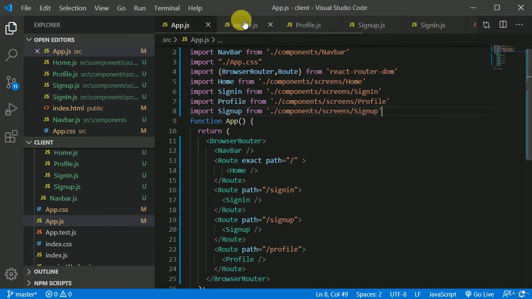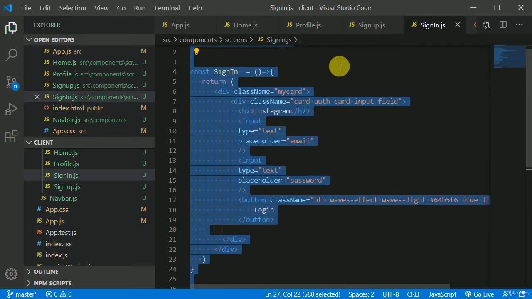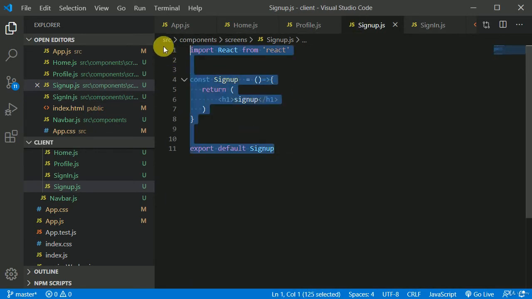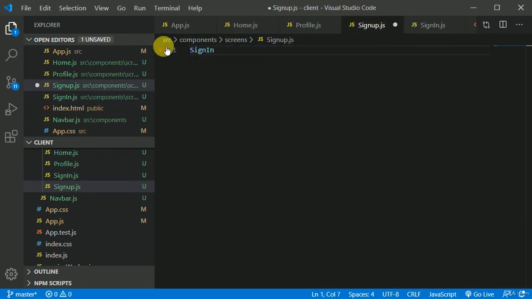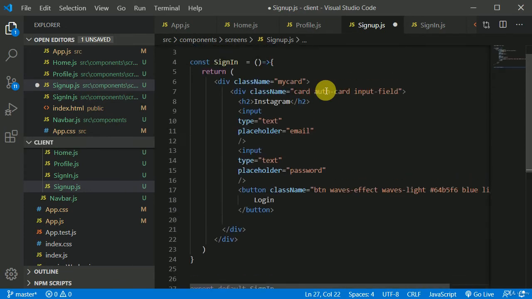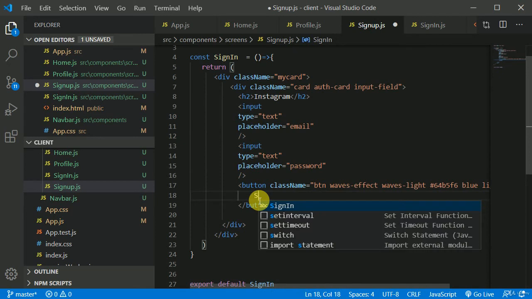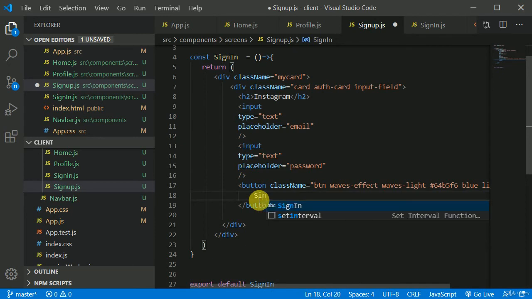Okay, so what I will do, I will go to my sign in screen, copy with Control A all the stuff from in here, and go to sign up and paste everything in here. Control V. Oh, my bad, I didn't copy it properly. Control C and Control V like so, and I'll change this login text to sign up.